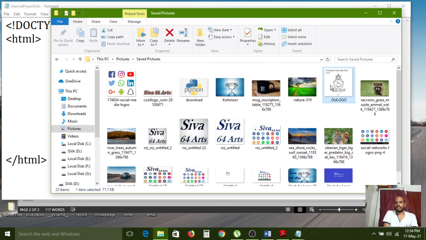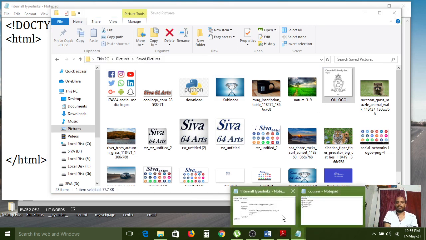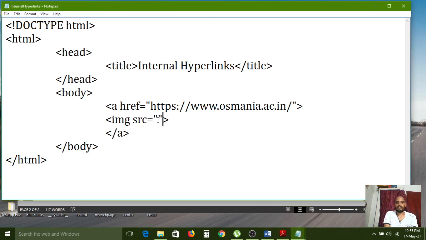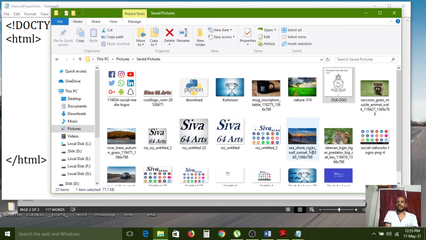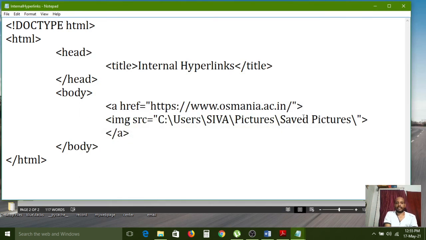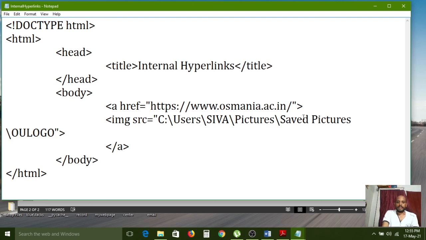Here. First I am copying that image address and pasting it into this source attribute location, and now I am giving one slash, and the file name is also required now, OU logo. So I am copying that name from here and pasting it there, .jpeg.